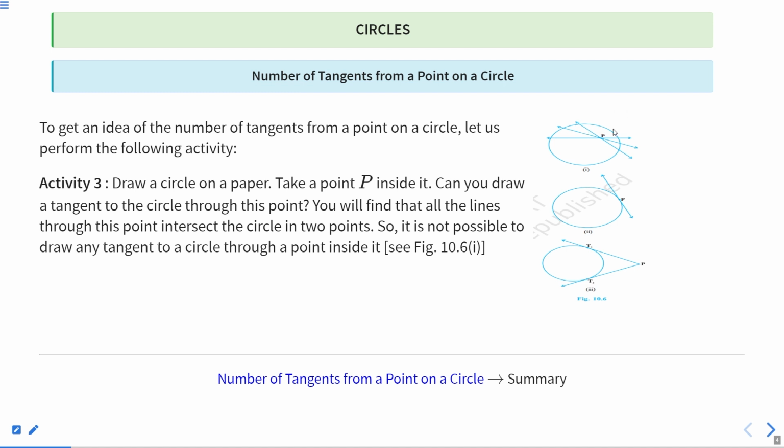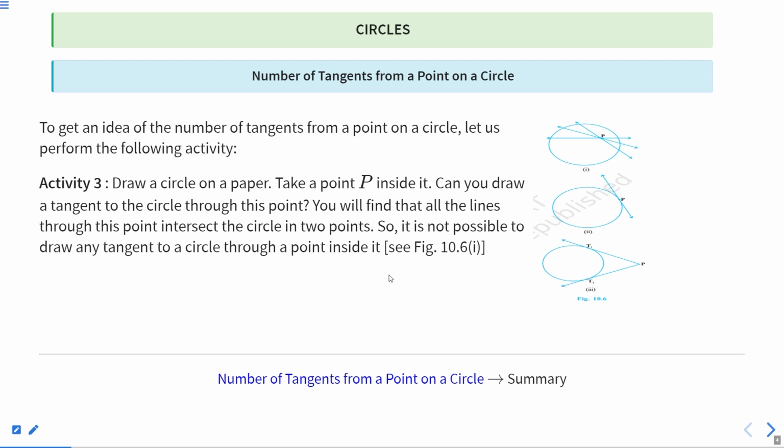If we take the point inside the circle, then you will find that all the lines through this point intersect the circle in 2 points. So in this case, all the lines passing through the point P are secants of this circle. So it is not possible to draw any tangent to the circle through a point